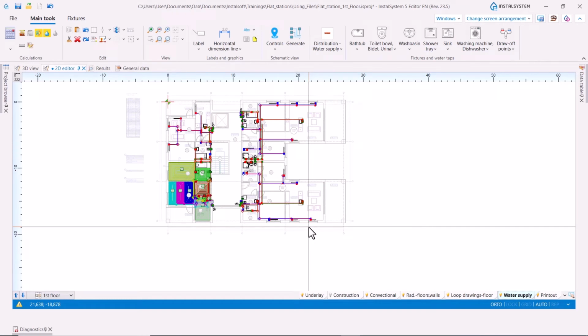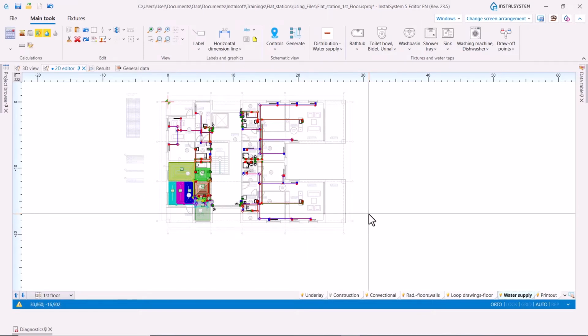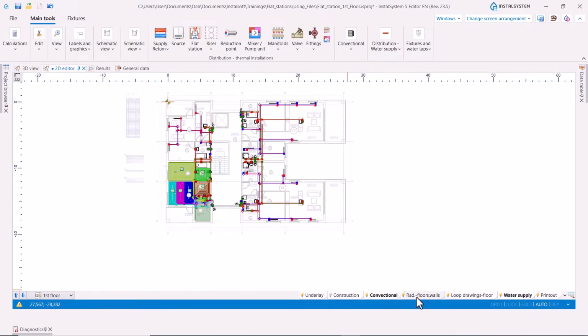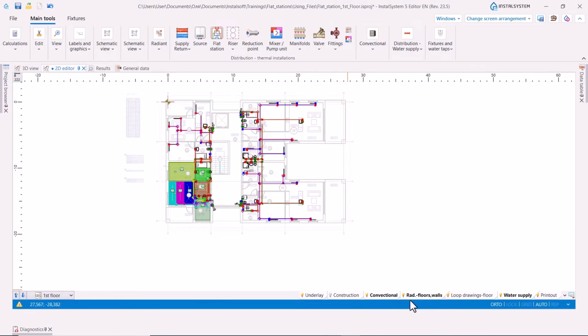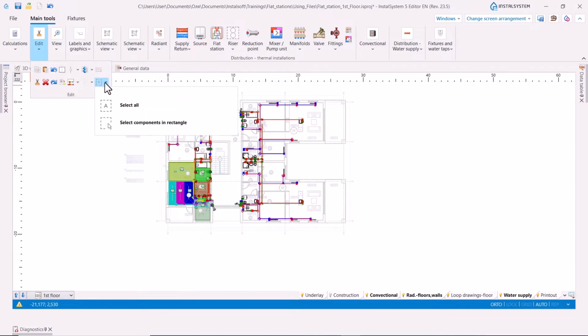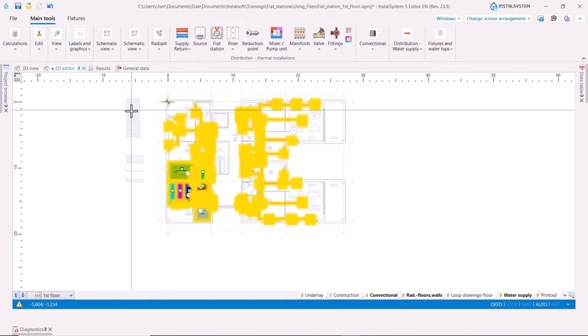Since we have a repetitive layout on the first, second and on the third floor, we can copy the part of the system we created to the floors above. To do this, we hold the Ctrl key and select necessary product scopes, its convectional heating system, radiant and water supply system. And then here we will choose this function, select all or select components in rectangle. We will select all